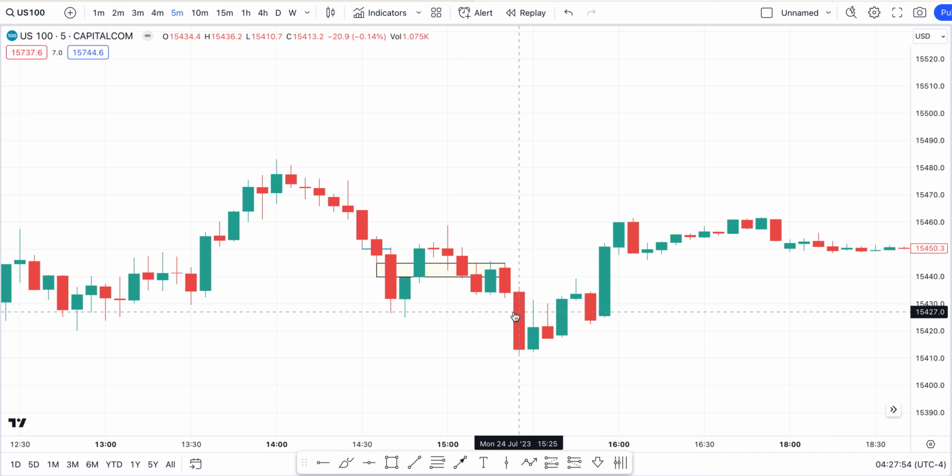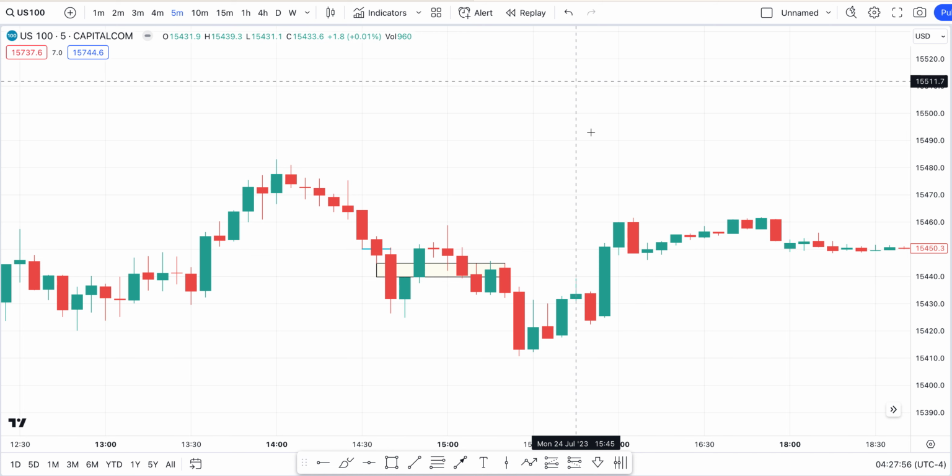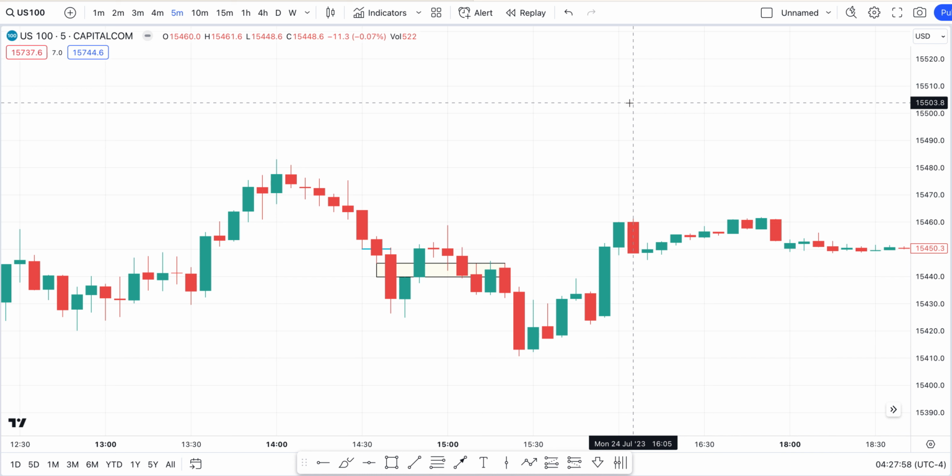I'll have a little checklist up here somewhere maybe, and we're going to be looking at the week that passed, the week of the 24th of July until the 28th of July, all on a 5-minute chart. We're going to look at every candlestick printed this whole week, and we're going to look for areas of perfection, fair value gap, and then market respecting that